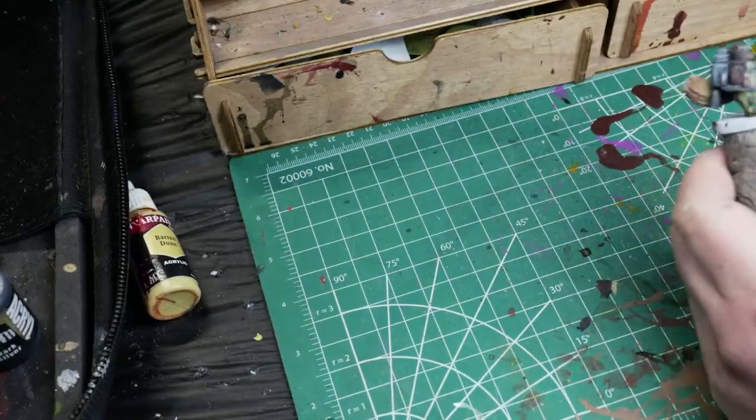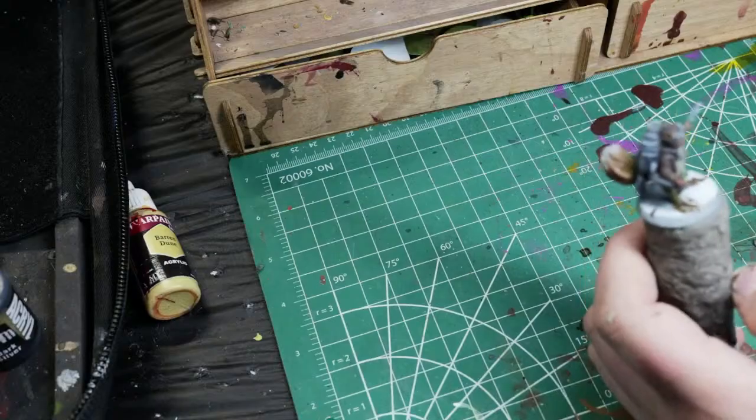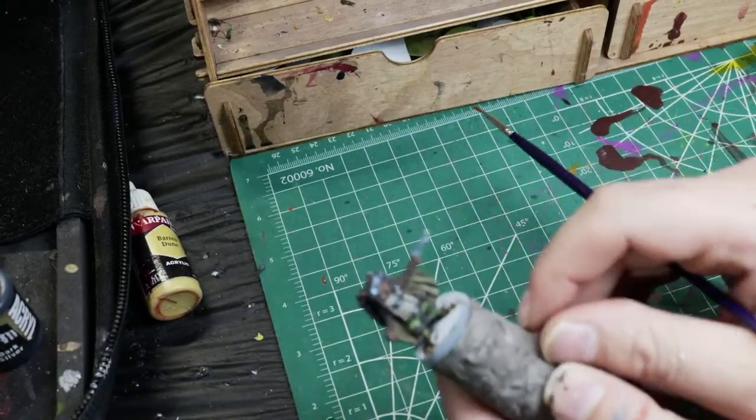What paint colors are used for traditional Morrow figures? And I was thinking of doing a Dragoon Morrow paint job. Ooh, I like the idea. So for Morrow figures, you want to get this nice off-color